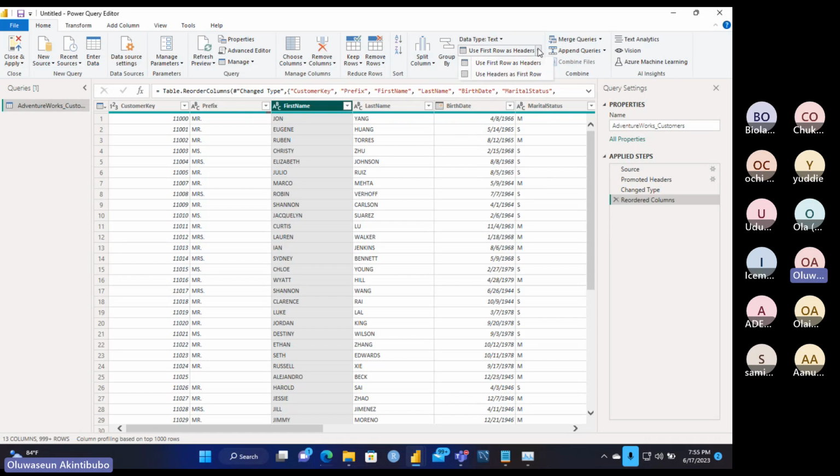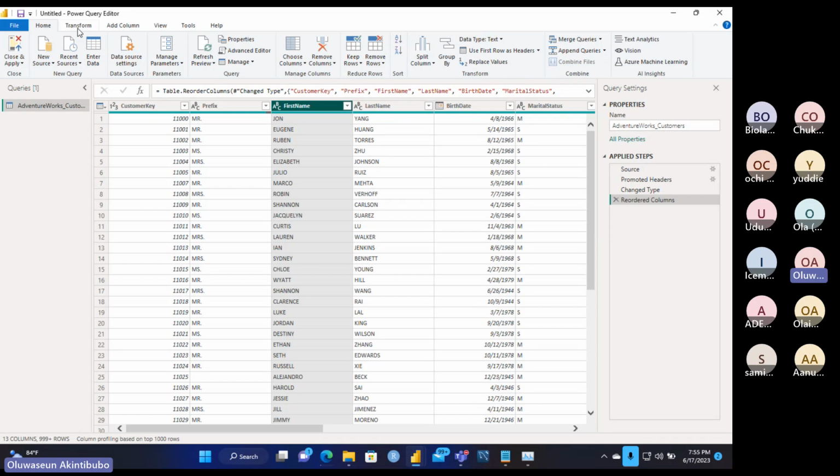We can use first row as header, so you can promote your first row as the header of the data from here as well. You can replace values and all that. Then we can combine multiple columns or multiple data together. We can combine multiple sheets using either the merge or append query.